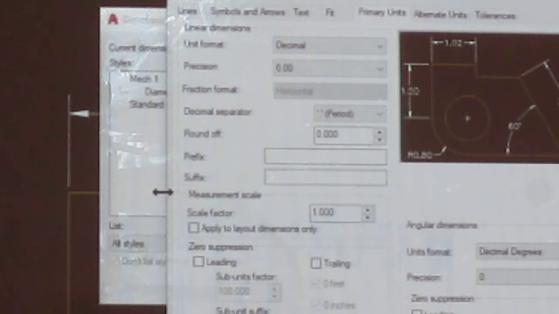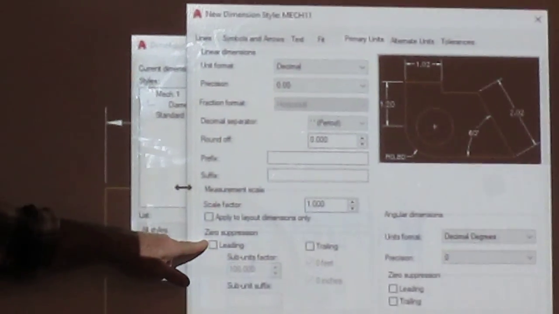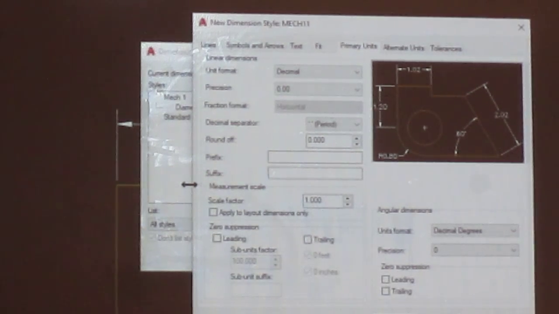The last one you need to change is dim zin down here. And you'll have to change this constantly depending on if you are English or metric. English unit has no leading zeros. So we check on that. The dim zin basically suppresses these zeros. When you go